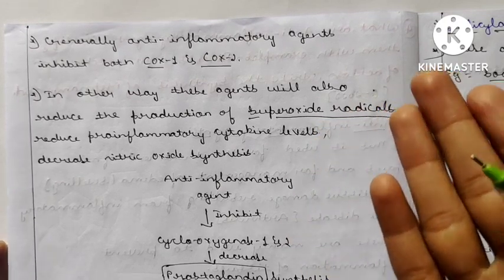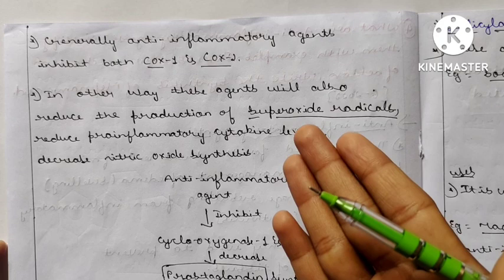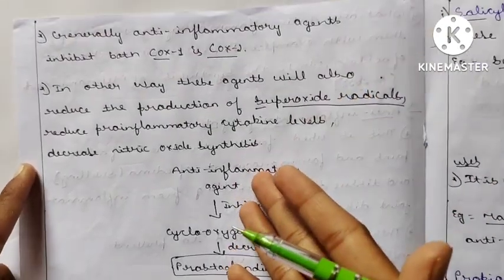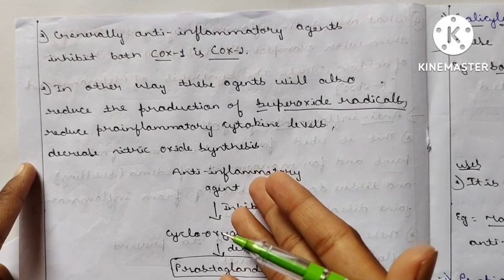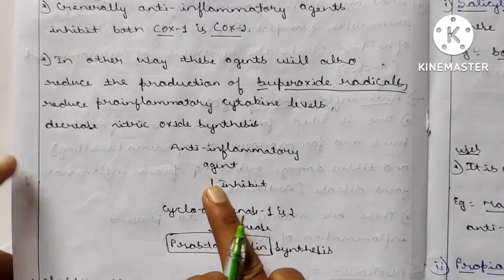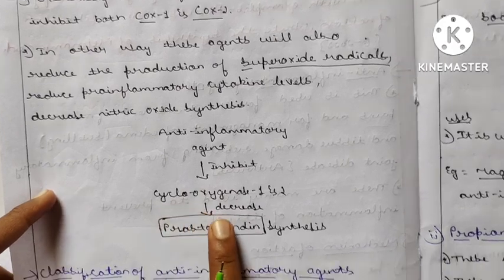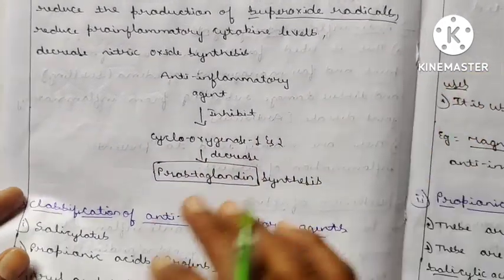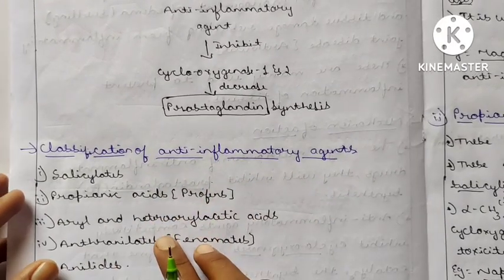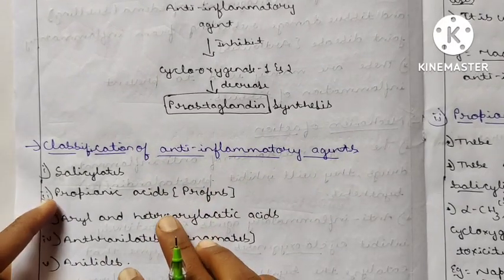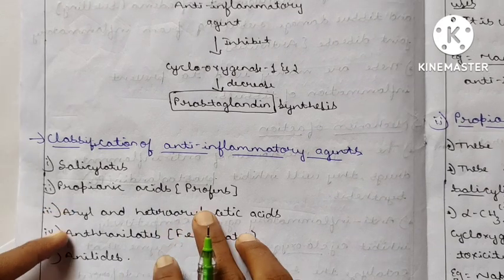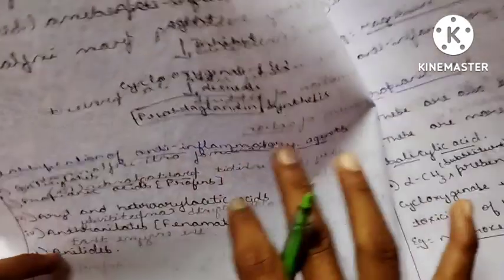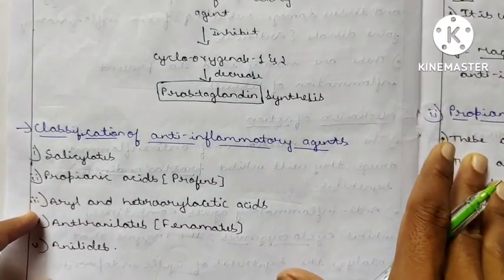Inflammation occurs by the deposition of superoxide oxides like O2 or nitrogens, and reduces pro-inflammatory cytokine levels and decreases nitric oxide synthesis. Very simple. An anti-inflammatory agent will inhibit cyclooxygenase 1 and 2, then decrease prostaglandin synthesis, and automatically it reduces the swelling. Classification of anti-inflammatory agents: salicylates, propanoic acids, that is profens, aryl and heteroaryl acetic acids, then phenamates, anthranilates,